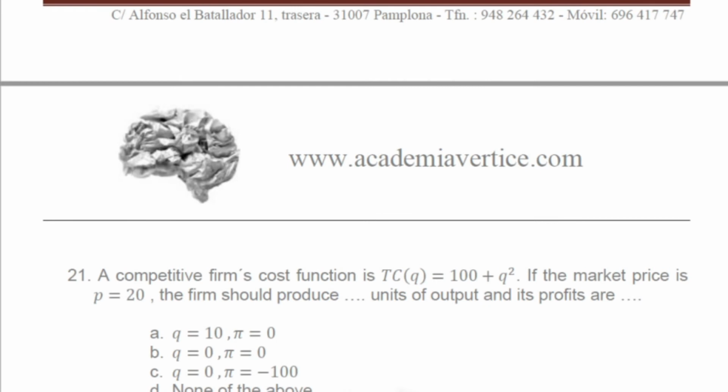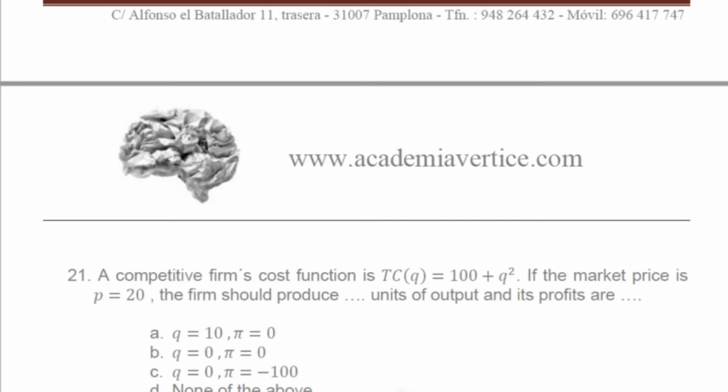Okay, let's continue with the questions of test number 2 about production cost and perfect competition. Question number 21 says, a competitive firm's cost function is 100 plus Q squared. If the market price is 20, the firm should produce units of output and its profits are, well, if we